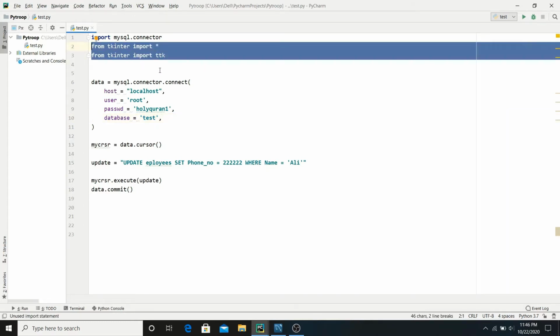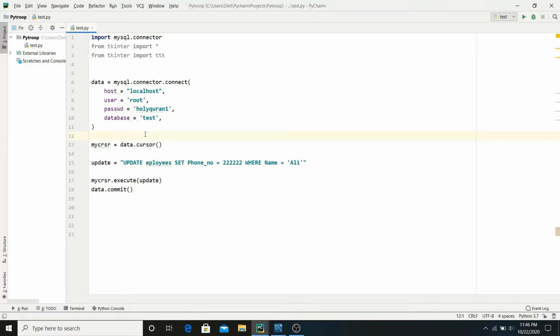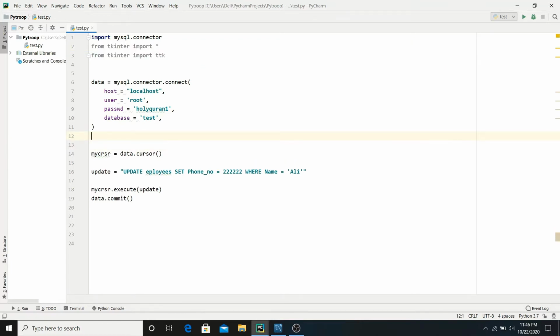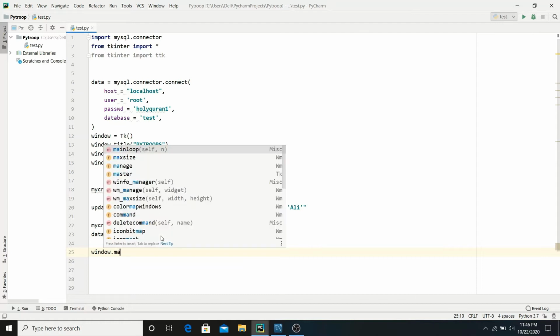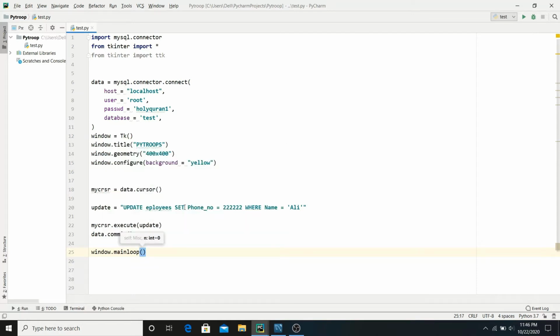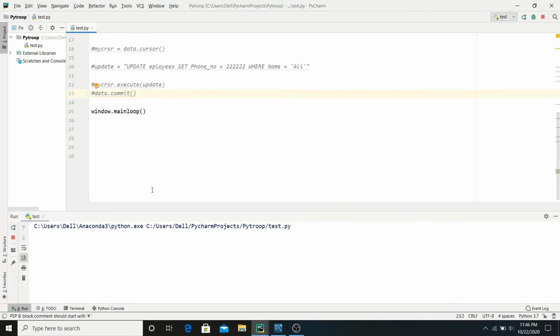First of all you have to import the Tkinter libraries, and then you have to make a window. Let me copy paste this from my other window. Okay, so this is my window, and now create the main loop, so window dot mainloop. Now let's comment all of this out because we have to check whether our window is created or not. Comment this as well and this as well. Now just run the program. So yes, our window is created.